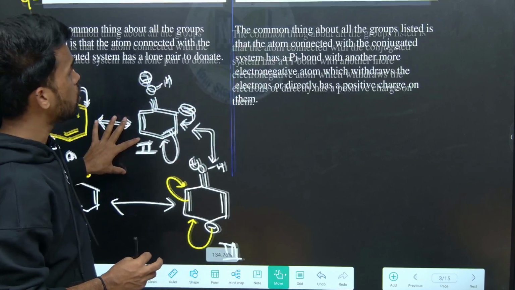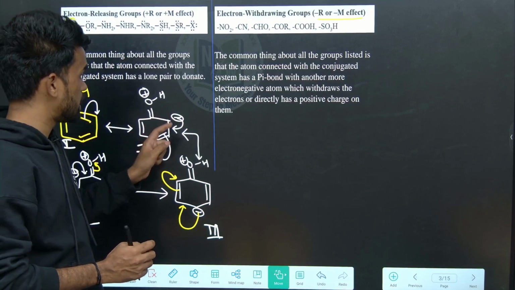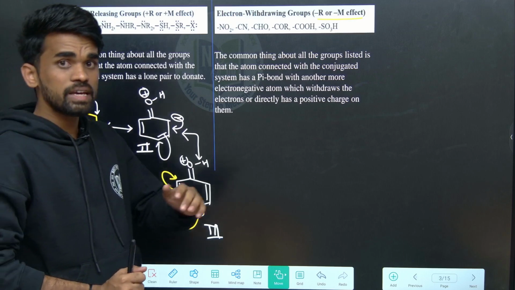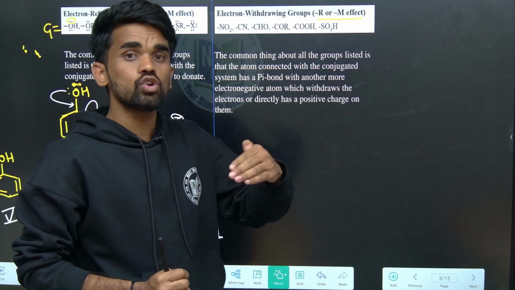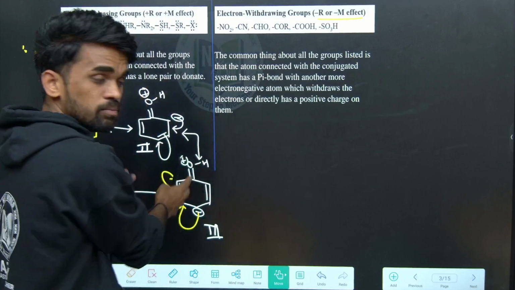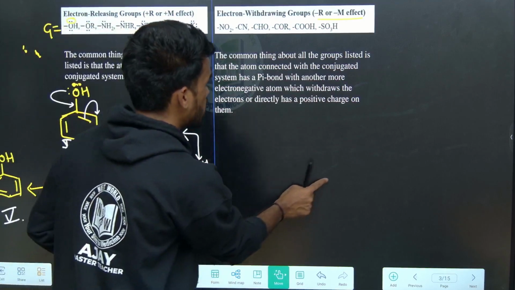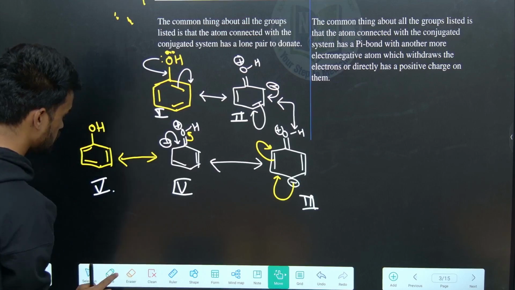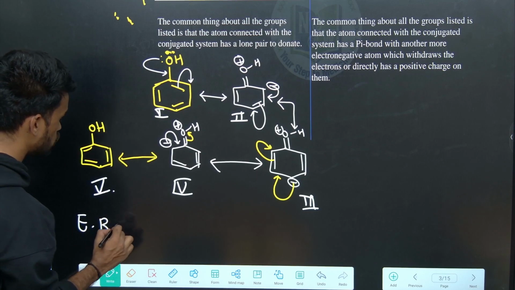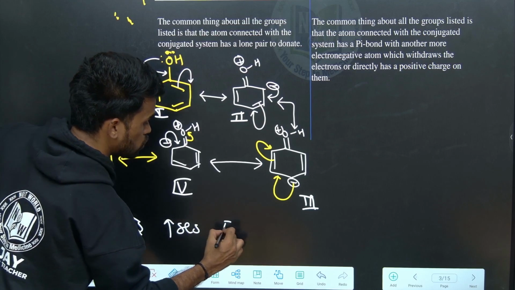Okay, so now here when an electron releasing group is there on the benzene ring, the phenyl group will be having negative charge. It means we can say electron releasing groups increase the electron density of the system, or the conjugated system, or the benzene ring here in this case. So I can write electron releasing group. So what it will do? It will increase electron density